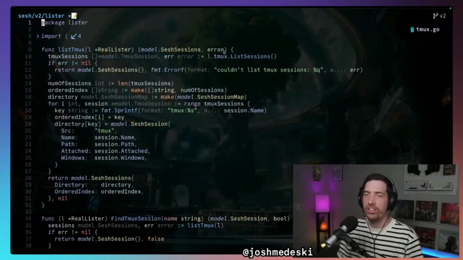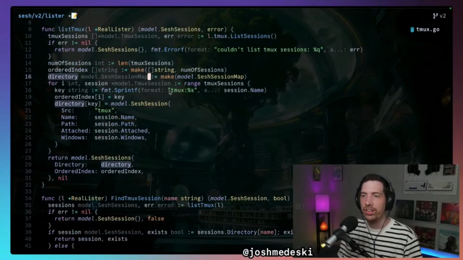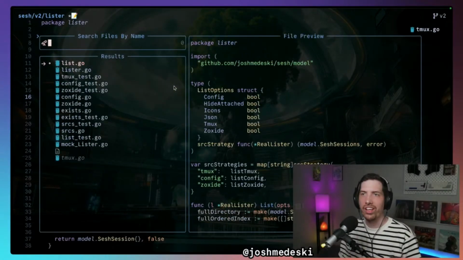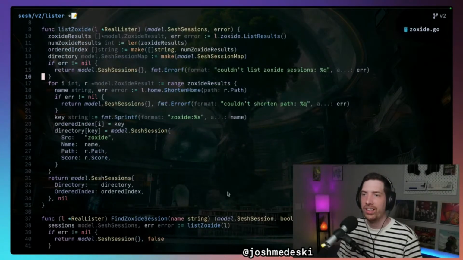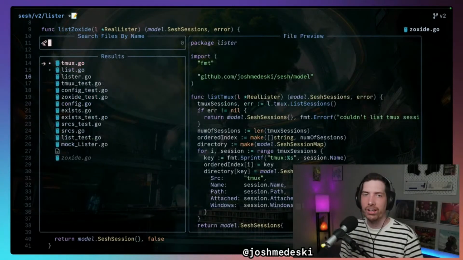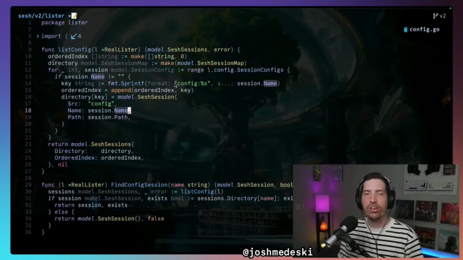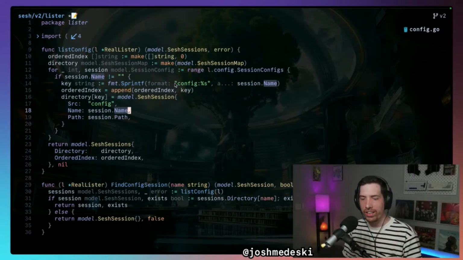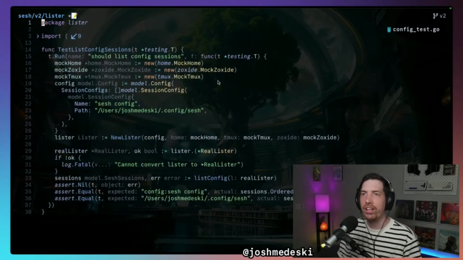Each one individually has its own logic, which is similar. Like that's tmux, Sockside is doing similar things, and then we have our config one, right? So these are all separate strategies. They live in their own files, and I believe I have decent tests for all of them. Is this one passing? Yeah. And what's kind of cool is